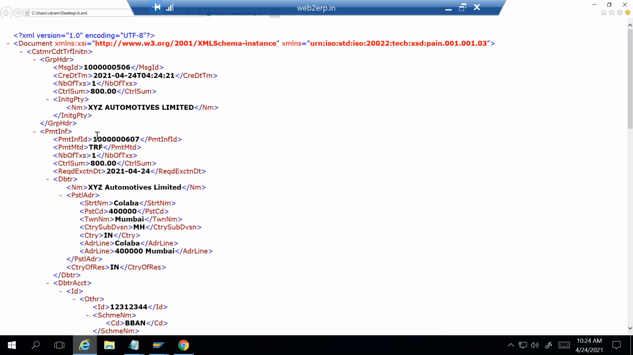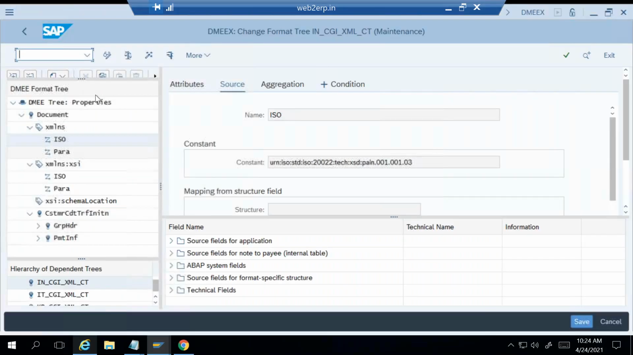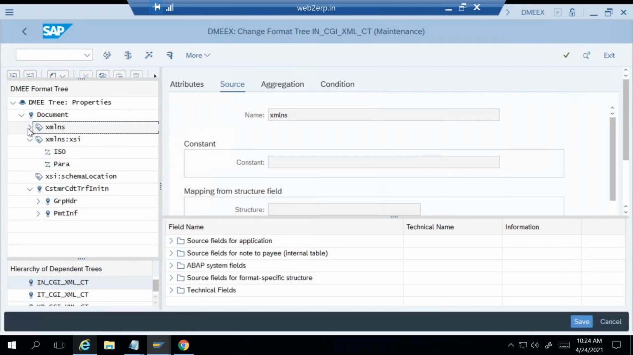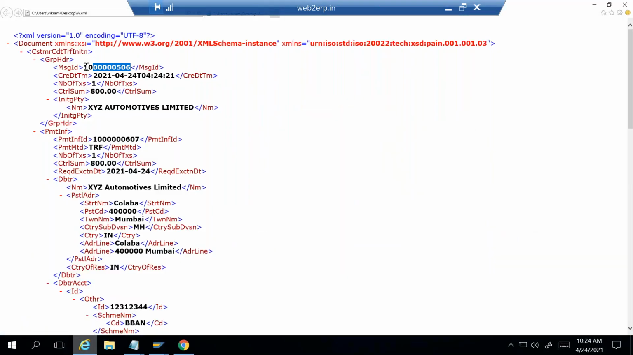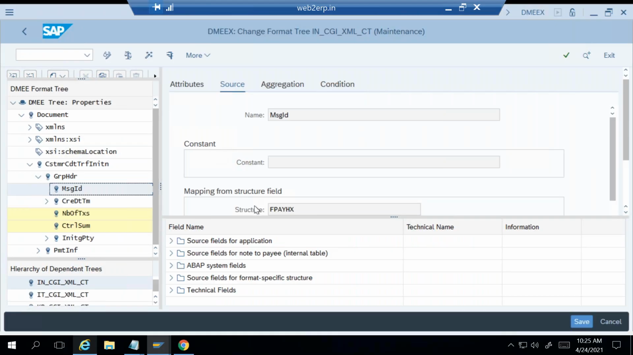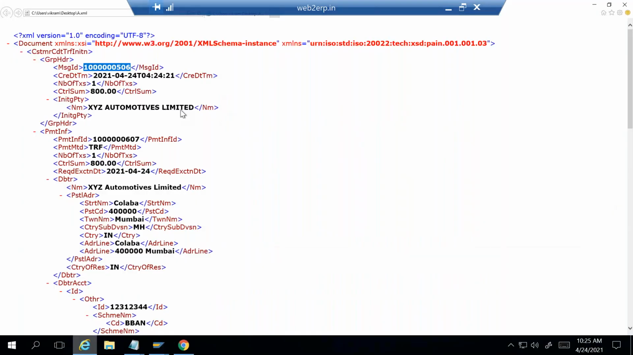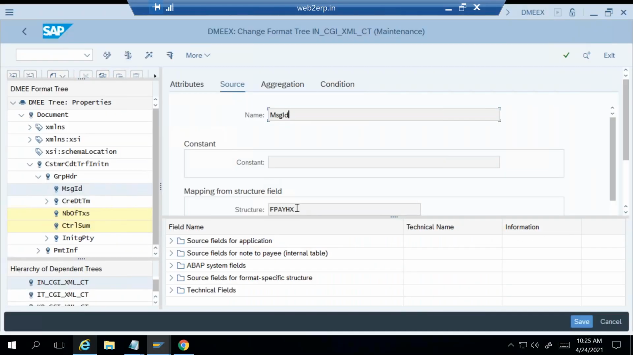And then there will be the dynamic values. So for example, this is my message ID, this is my date. Let's go to the date. This is the default information. Even this is default information. Now here, you see payment information and group header. If you open the group header, there is a message ID, which is dynamic. From where is this coming? You can see the source of this particular message ID is this structure,